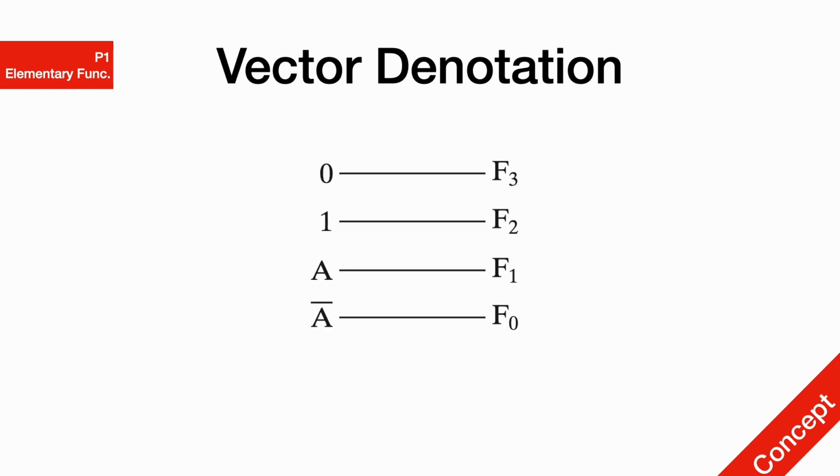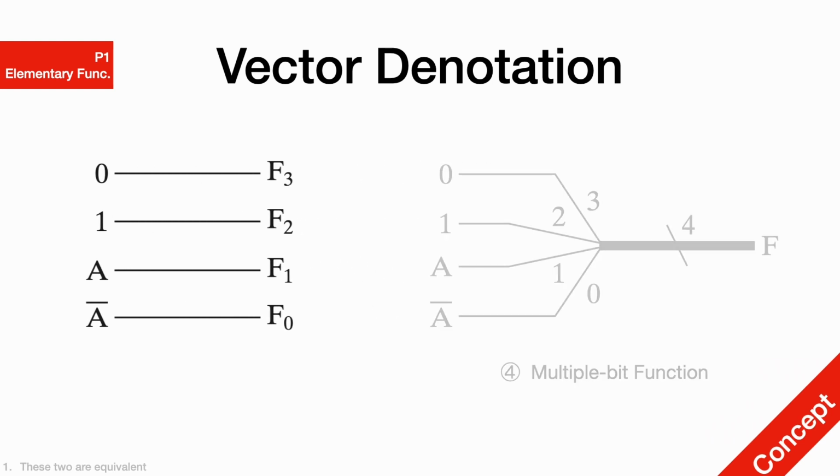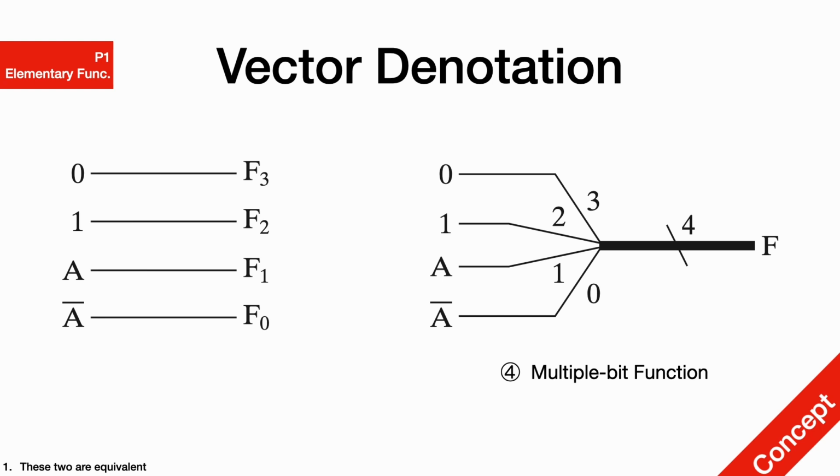To draw the circuit diagram for a bus, or a bunch of wires denoted in vector denotation, this is what would happen if you do not use the vector denotation. You have 4 values on the left-hand side, and they're being transferred into f on the right-hand side. What you can do over here is combine them all together to form a thicker line. It is important to note that f on the right-hand side is no longer just one bit. F on the right-hand side is a vector of dimension 4, which means f actually carries 4 different 1-bit